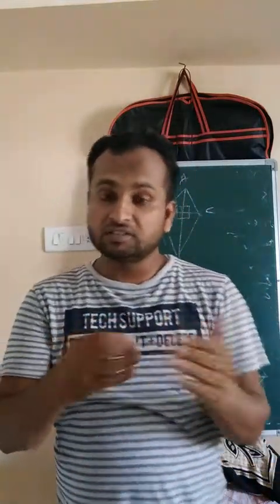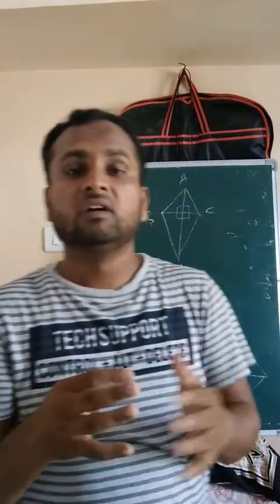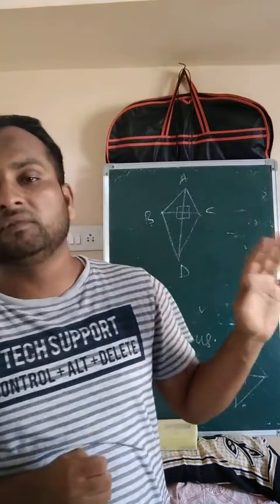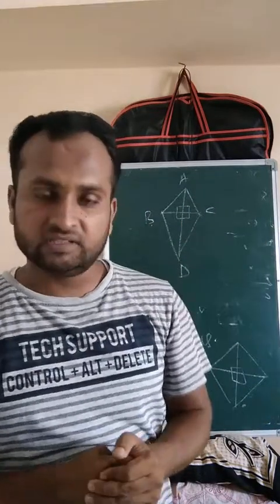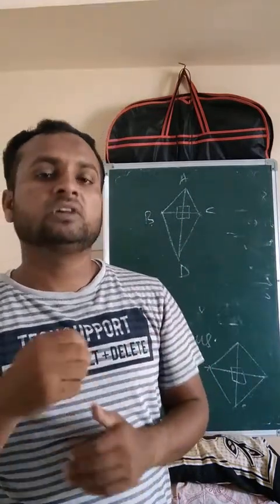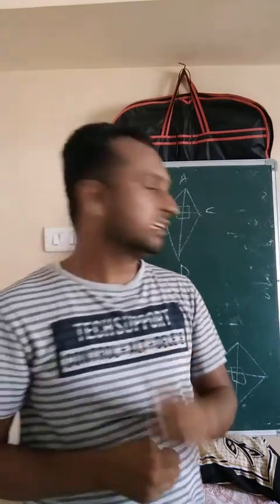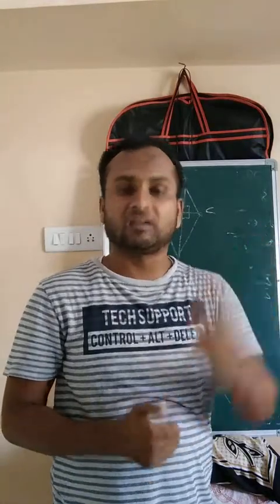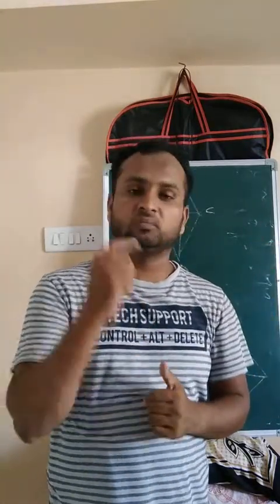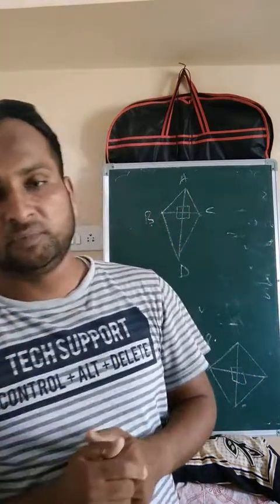Now see the relation between the properties of the types of quadrilaterals. Remember, these properties are very important when you solve exercises and theorems. Tomorrow we'll see a theorem about the parallelogram, because the main concept here is the parallelogram: its properties and theorems, and how the diagonals divide the parallelogram into two triangles. We'll see that in the next class.